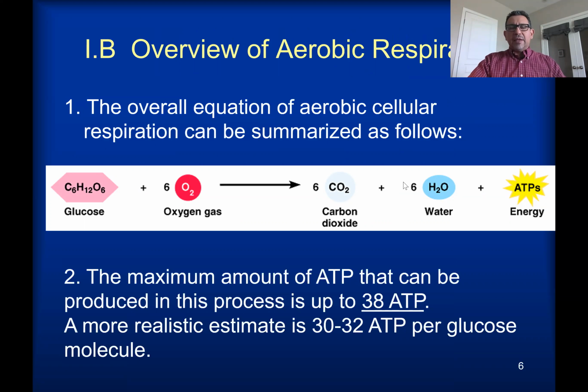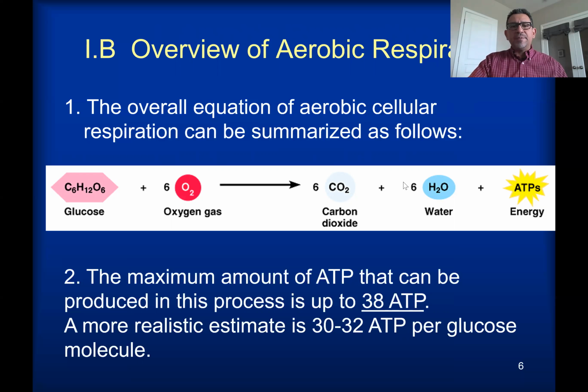Keep in mind that the numbers are going to vary from cell to cell, depending on the circumstances of a cell in an organism, how much ATP can be extracted. In the explanations you will see in my class, you will see that a maximum of 38 ATP molecules can be obtained from one molecule of glucose. That maximum number, however, is rarely achieved. In most cases, cells will be able to extract from a molecule of glucose around 30 to 32 ATP molecules